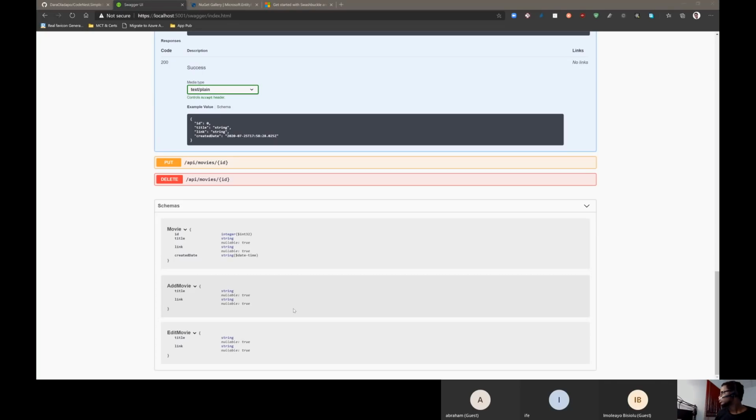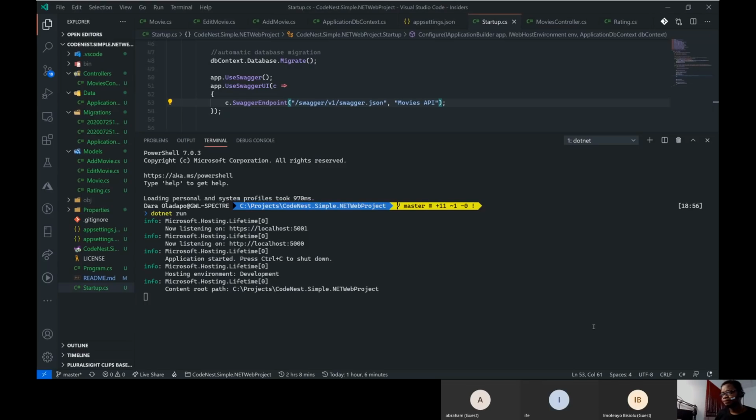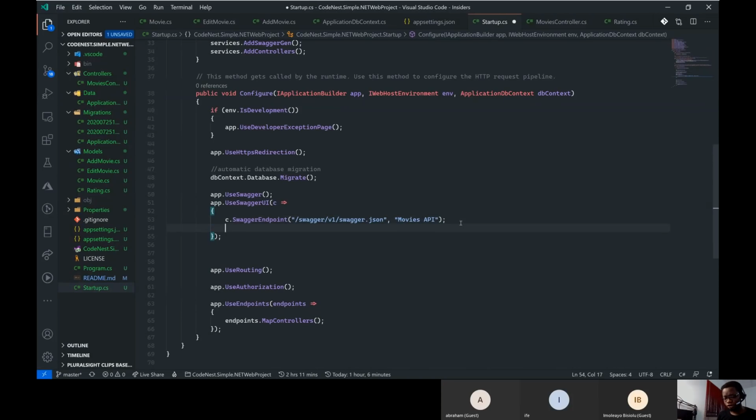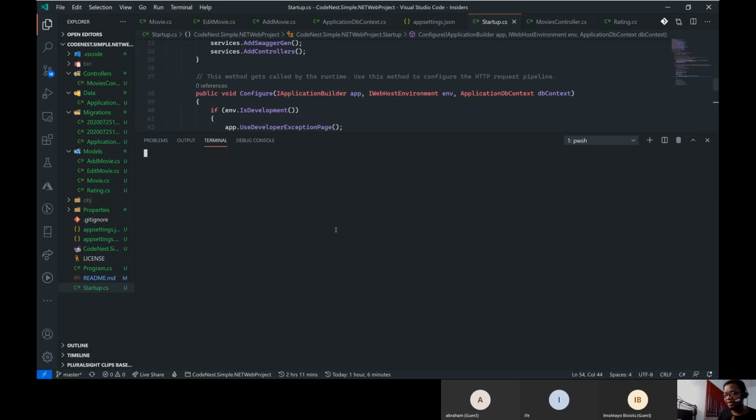Another thing I could do is go back to my code over here. And remember when I went to localhost:5001, what happens? It gives me a not found, because it's an API, it has no view, it has no pages. So what I can do is ensure that my Swagger documentation is actually on the first page when I launch my application. If I go to localhost:5001, I will get my documentation straight up by putting c.RoutePrefix equals string.Empty. So if I was to go ahead and run this again now,